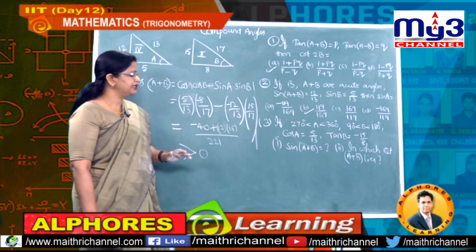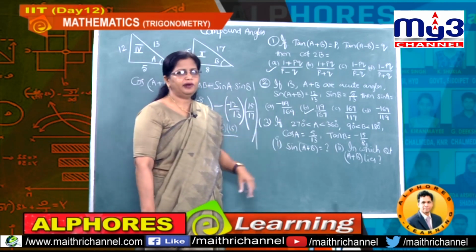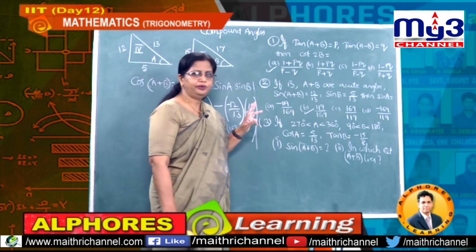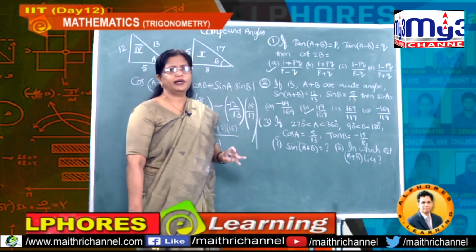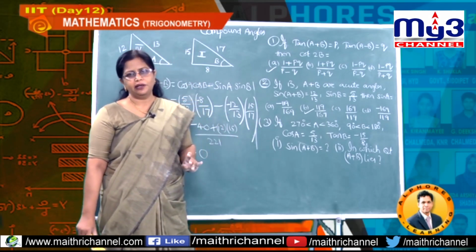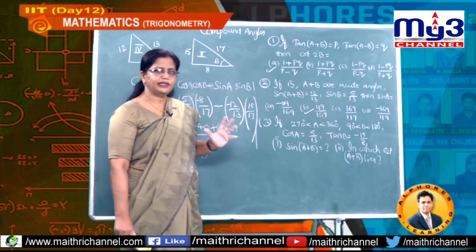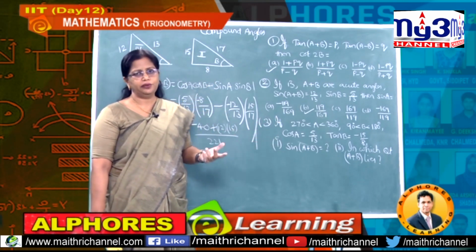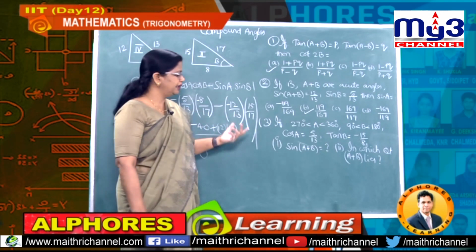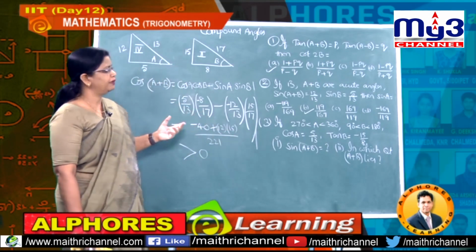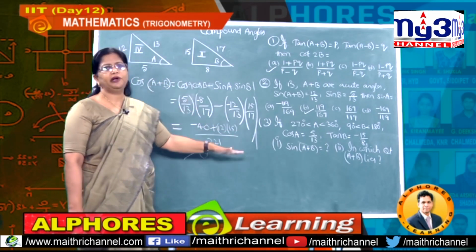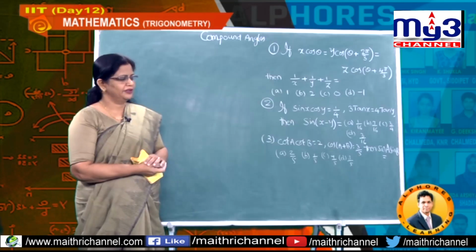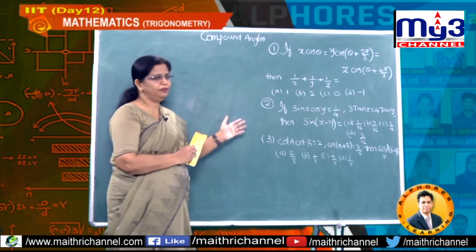So students observe, whenever they ask you about the quadrant in which A plus B lies or A minus B lies, then find two such functions, sin cos, sin tan, cos tan, etc. Any two functions you find so that they belong to different quadrants, such that easily you can identify exactly which quadrant the corresponding angle belongs to. Okay. So, students, observe again these three problems.